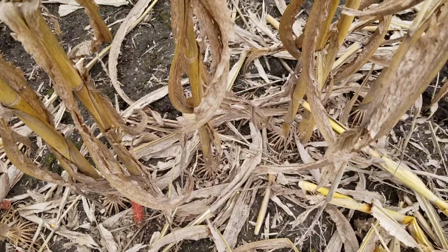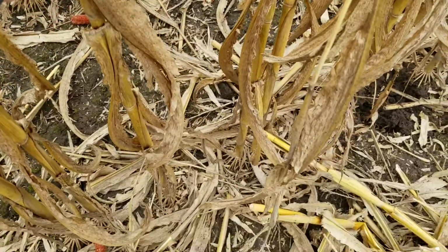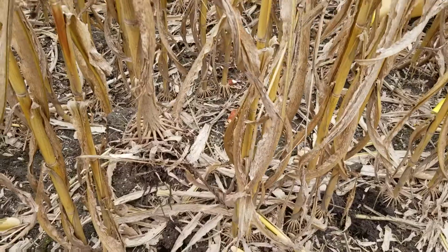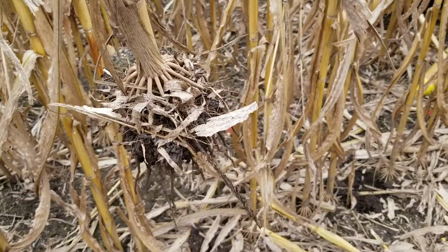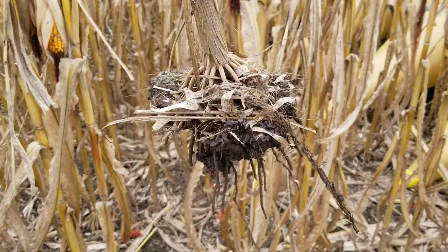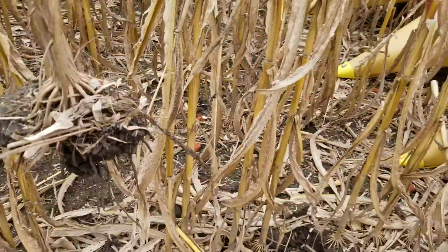This field it's standing pretty good, but I can show you just by taking one hand and pulling straight up. Yeah, you're not supposed to be able to do that. I pulled it out pretty easy. That's some pretty shallow roots,